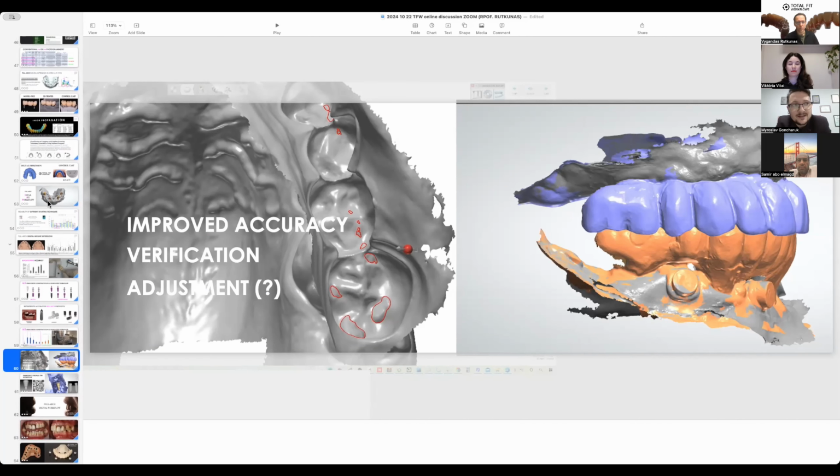Does it help us to reach the accuracy of intraoral scanning for cases where we have the patient rehabilitated in the conditions of full edentulism with just the constructions on implants? Does it help us to reach the accuracy of photogrammetry?